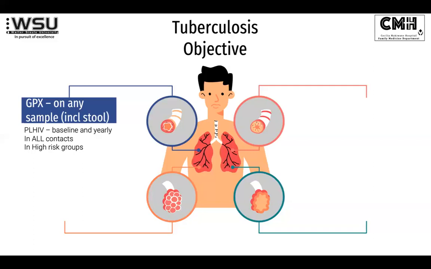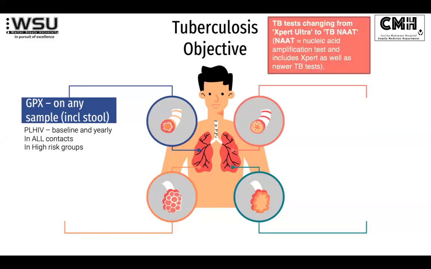And then the high risk groups, it's still not clear at which opportunities you would decide, for example, for miners or inmates, how often you would screen them, even if they're asymptomatic. So in the guideline, they talk about GeneXpert. In the APC, they actually talk about changing the terminology to a TB-NAAT. Don't do it yet, because apparently our NHLS gets confused, but that's going to come,